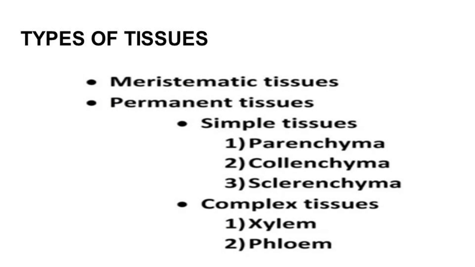What is meant by meristematic tissue? It is a plant tissue which has the ability to divide. It contains living cells, no intercellular space and possesses a large nucleus. Permanent tissue has completed its growth, has non-dividing cells and a specific function in plants. So, meristematic tissue is dividing and permanent tissue is not dividing. Only when it has completed its growth do we call it a permanent tissue.